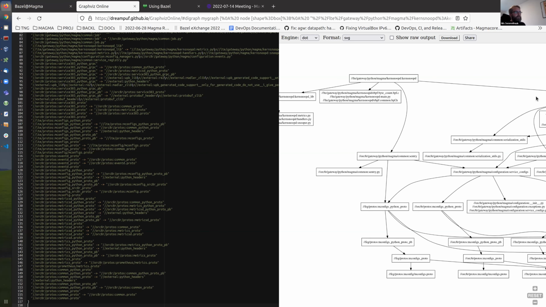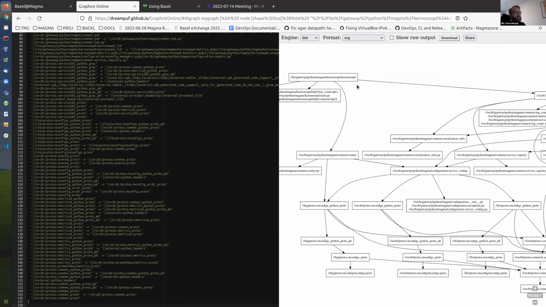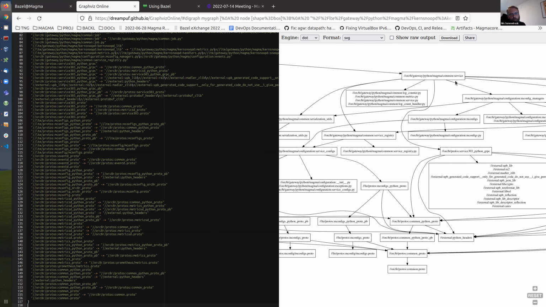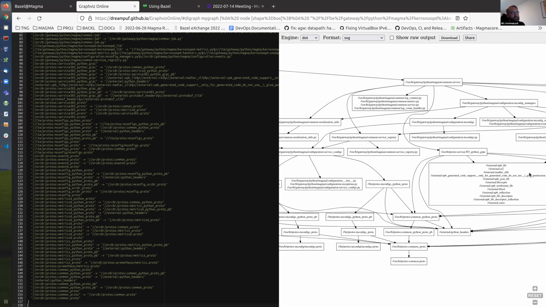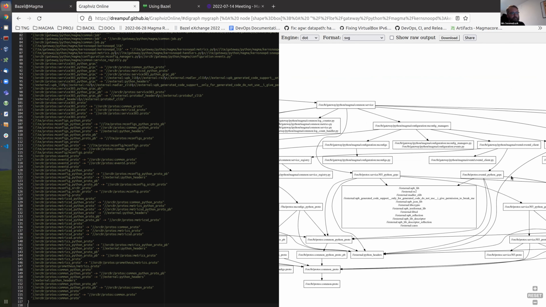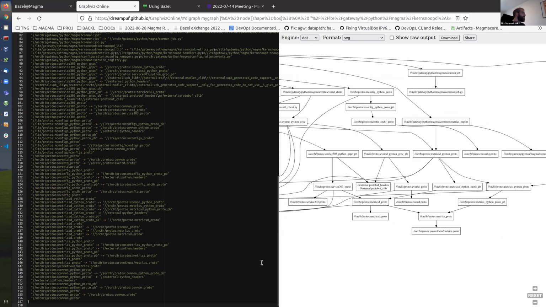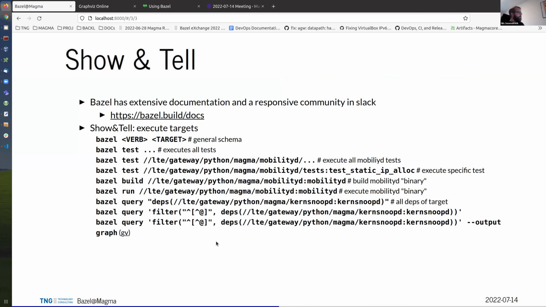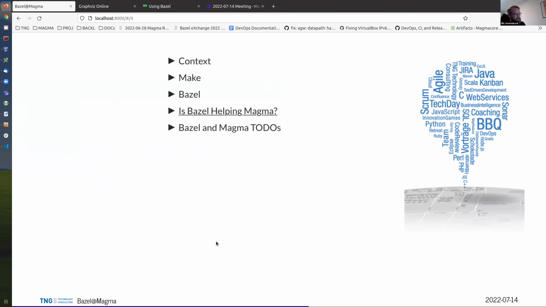And this main arrow here that jumps over is the dependency to common service, so a dependency that each Python service has. And this is a bigger structure and contains a lot of proto dependencies and some other parts. So much for show and tell.